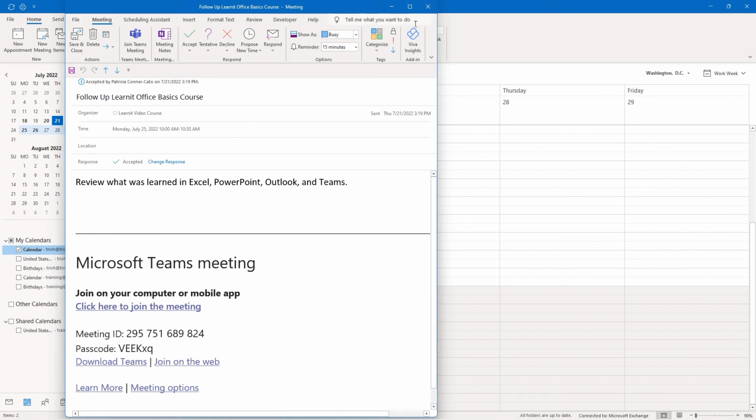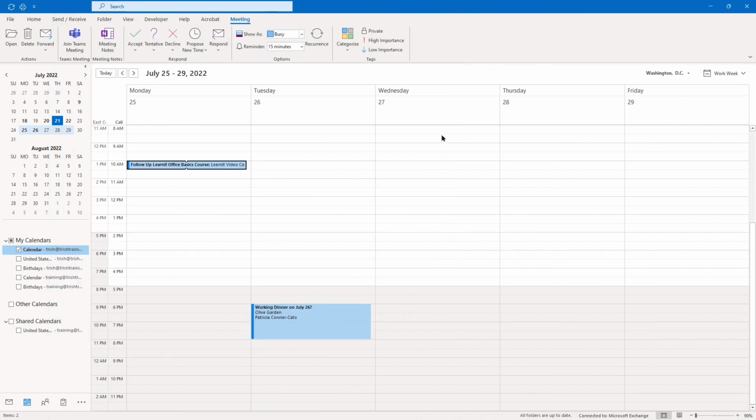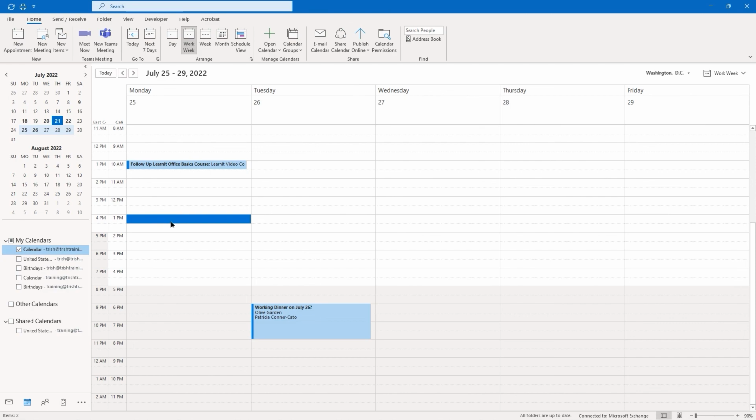Now, I can also schedule meetings from Outlook. And to be honest with you, I normally schedule all of my meetings, including Teams meetings, from Outlook. And I'll show you the reason why. So I'm going to just do this one. I'm going to set it for 1 o'clock on Monday the 25th. And on the Outlook calendar ribbon, I'm going to choose Teams meeting. So both of these, this Teams meeting group, Meet Now instantly will give you an instant team meeting that you can invite people to. If I want to schedule it, new Teams meeting.